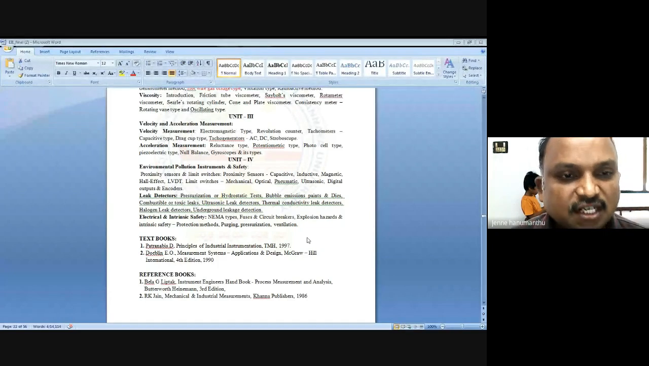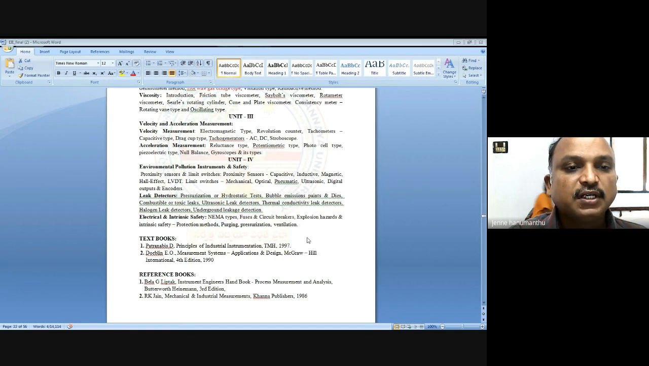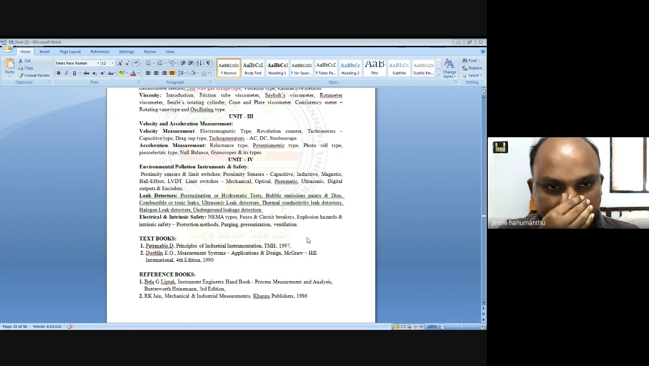The day before yesterday, we discussed measurement of velocity, right? There we studied electromagnetic type, revolution counter type, tachometers, that will be capacitive type, breakup type, right? And tacho generators, AC/DC types, and stroboscope. So these are your velocity measurement, half of your third chapter, and the remaining half is nothing but measurement of